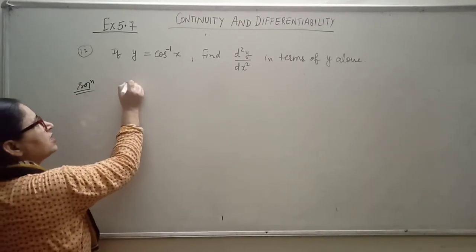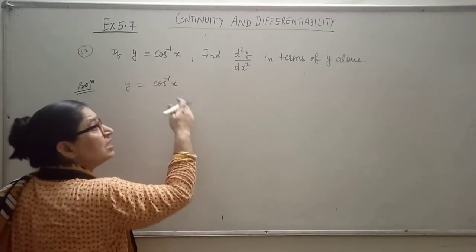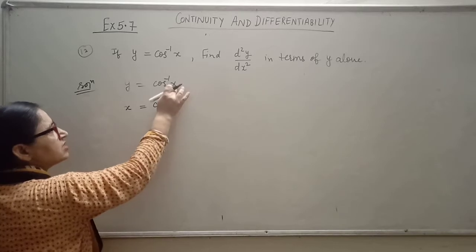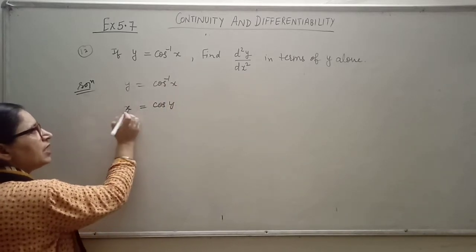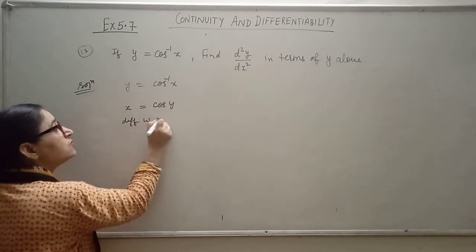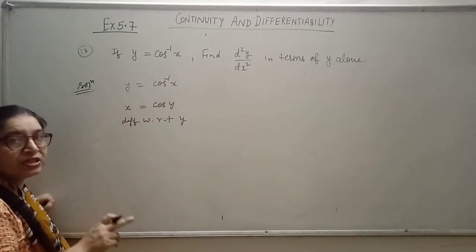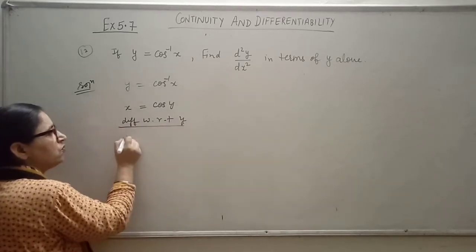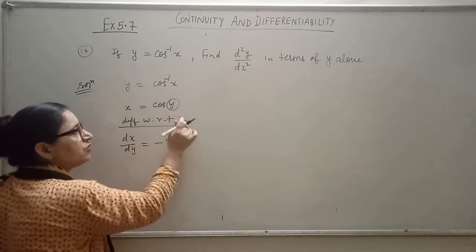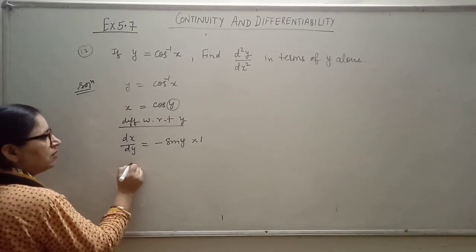Yes, there is an alternative method for this. y is equal to cos inverse x and we want to find the second order derivative of this in terms of y only. So what we do, we can also do it this way. x is equal to cos y. Now, I am going to differentiate with respect to y, not with respect to x. Take care, I have written differentiate with respect to y. So dx by dy is the differentiation of cos y, minus sin y, and the differentiation of y with respect to y is 1. Now take the reciprocal. Taking reciprocal.